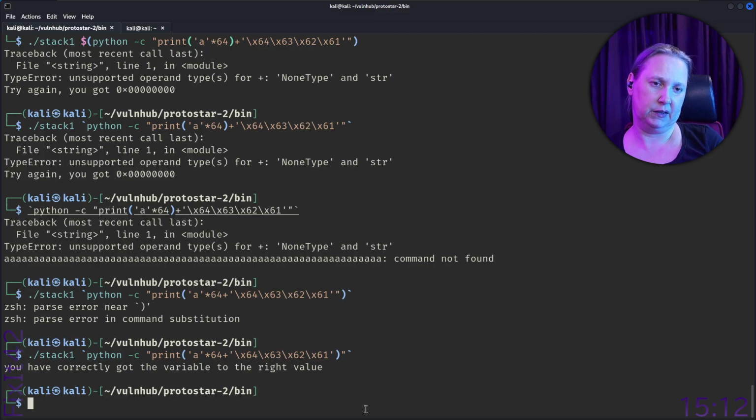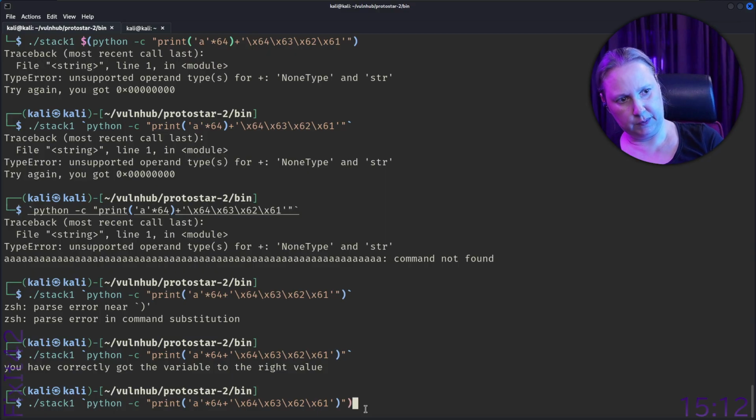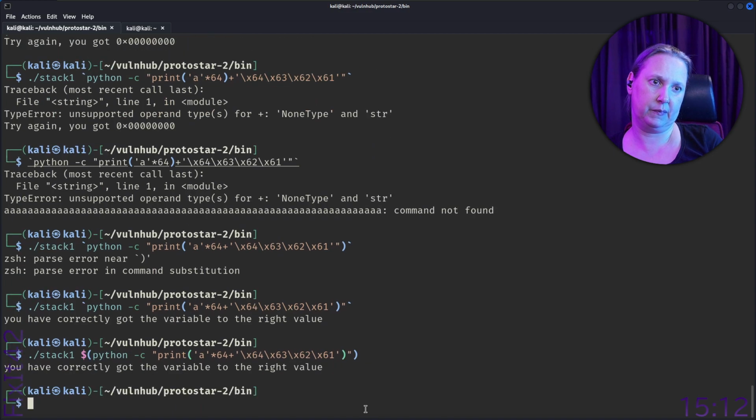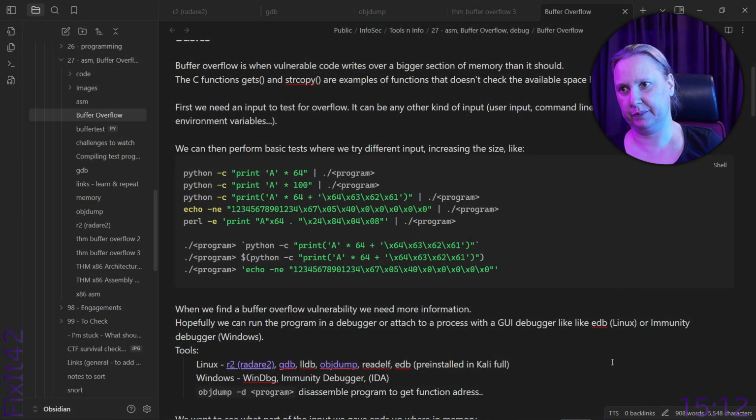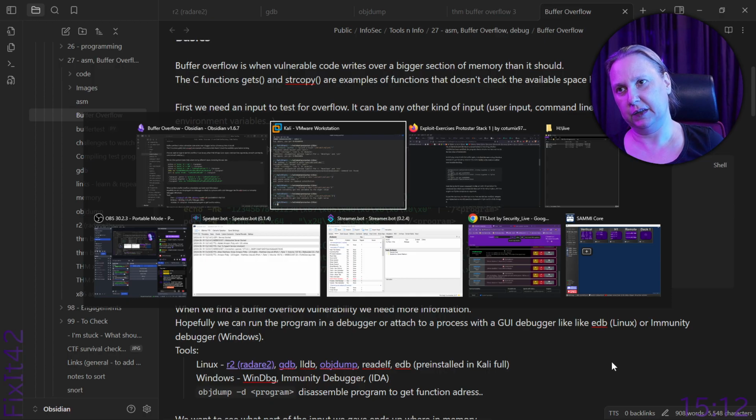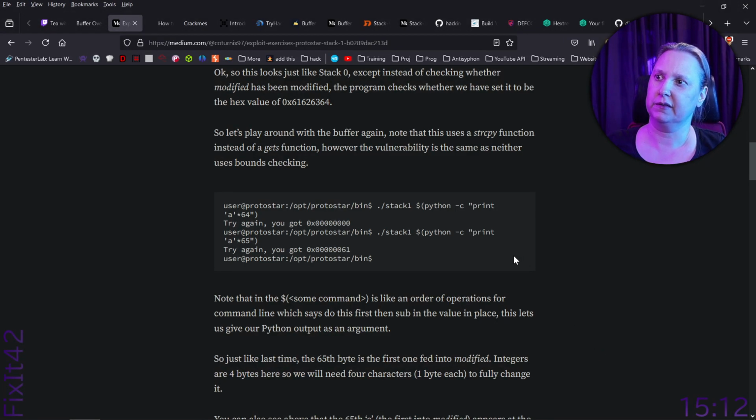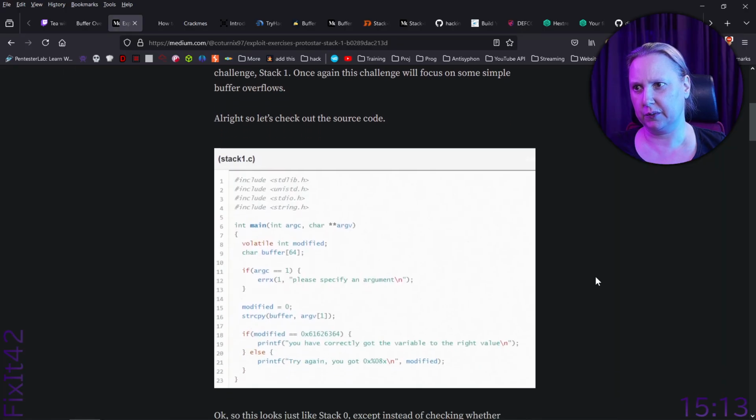So, then we test this version again to make sure that this is the same. So, right, they both work, and we're aware that we need to switch them, the order. I think my notes actually came from reading another thing on this one. But I was going for the code now. So what they actually say is 61, 62, 63, 64, but this is the int value. And when we enter it there, it needs to be backwards.